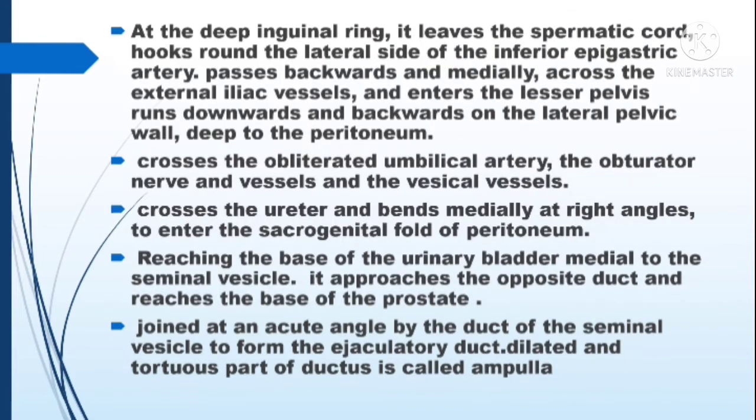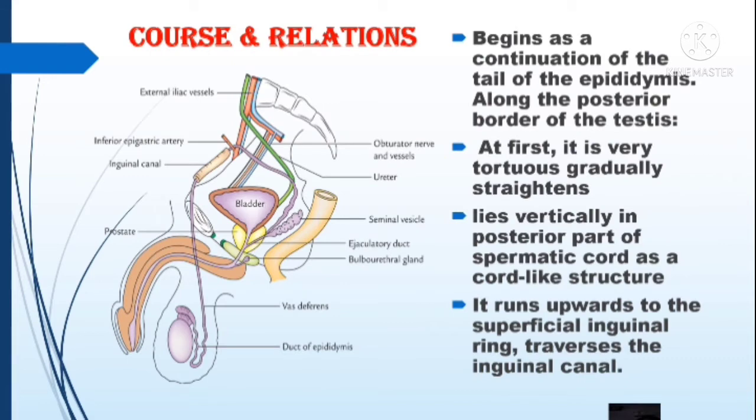And it emerges out of the deep inguinal ring. It leaves the spermatic cord, hooks round the lateral side of the inferior epigastric artery, passes downwards and medially across the external iliac vessels, enters the lesser pelvis, runs downwards and backwards on the lateral pelvic wall, deep to the peritoneum, crosses the obliterated umbilical artery and the obturator nerve and vessels and the vesical vessels, crosses the ureter and